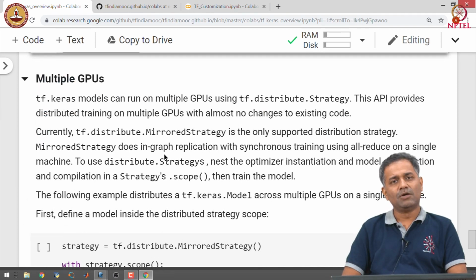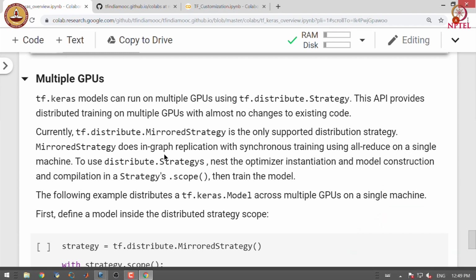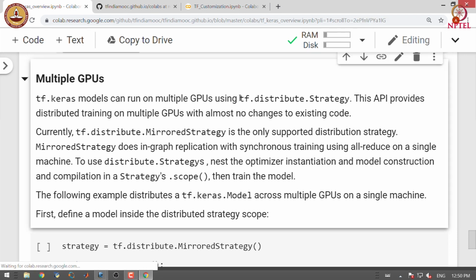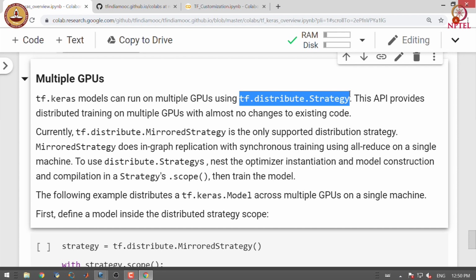You are often required to train TensorFlow models on large data in practice. The models that we define are also complex in terms of number of parameters. In order to train these complex models faster, we use hardware accelerators like GPUs and TPUs. We can use multiple GPUs for training TensorFlow models. For that, we define a distribution strategy.